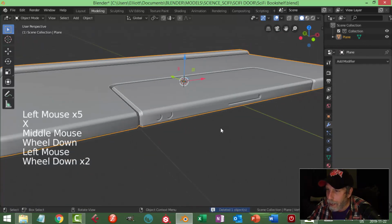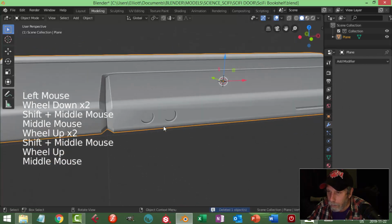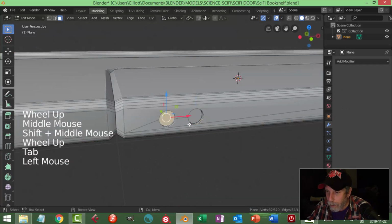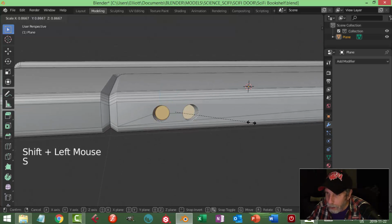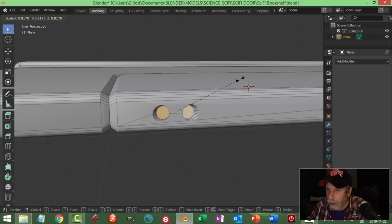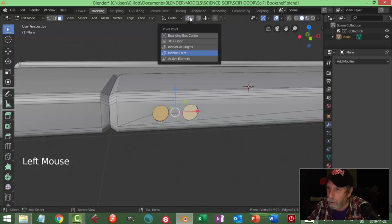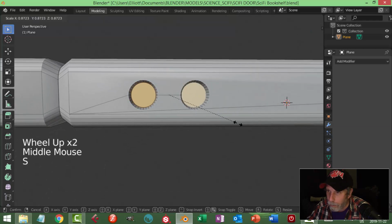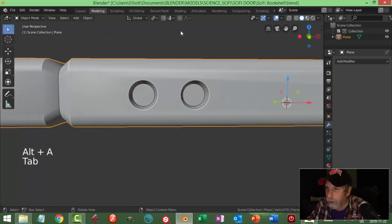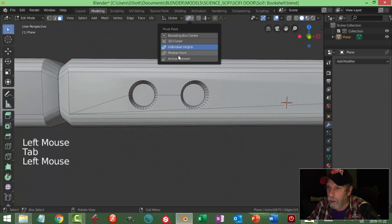Now, you may get some smoothing errors. We'll talk about that in a second. Let's go back and select just the faces now. And if you hit S, it's going to scale it weirdly, so don't do that. Come over to here and switch on individual origins, and then hit S, and it'll scale them independently. Deselect, come on back out, and just make sure individual origins is not on, in case you got to do